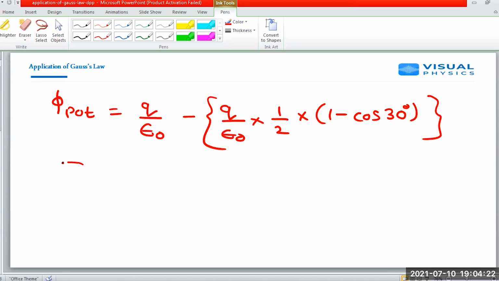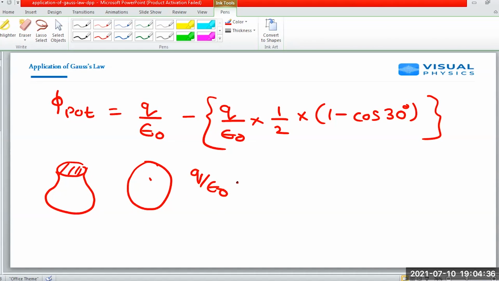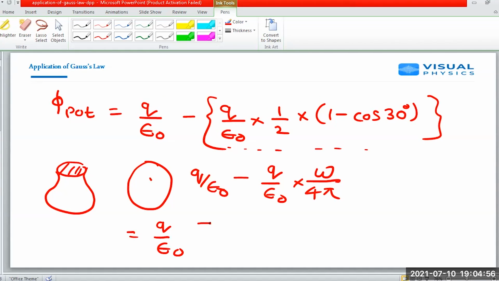What we are doing, let me redraw. We are having a circular pot whose base is open. So my total flux, suppose if it was a closed surface, then total will be q upon epsilon naught. And the flux due to the pot will be subtraction of this circular base. So flux coming out of the base would be q by epsilon naught into solid angle by 4 pi. So I am putting that value. On solving, taking q by epsilon naught common and some mathematical rearrangement, my answer will come out to be this.